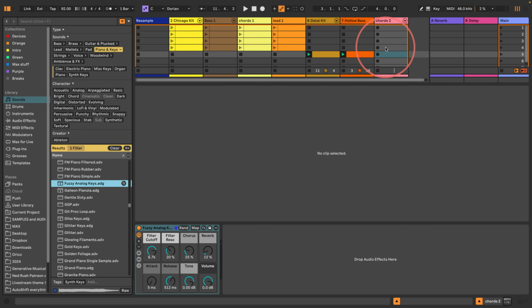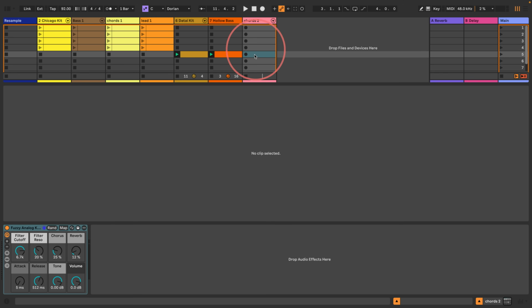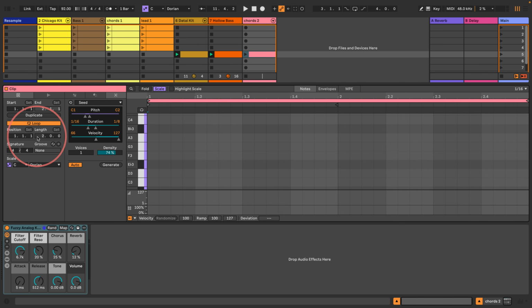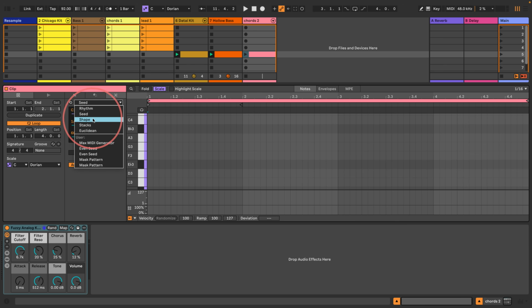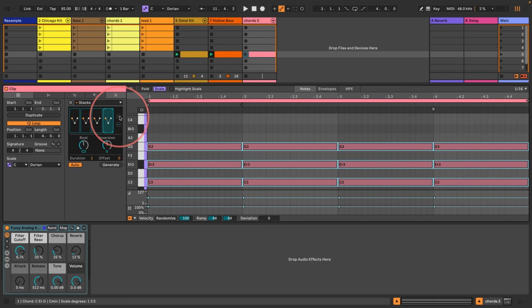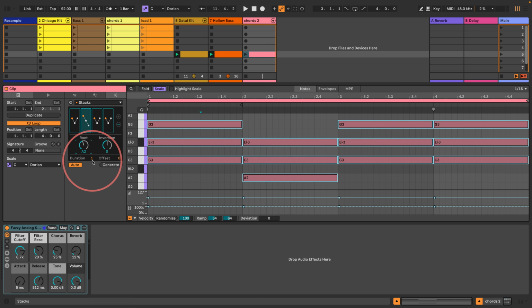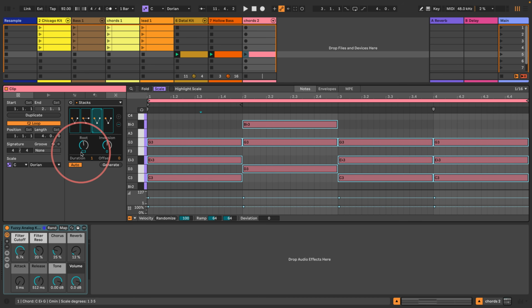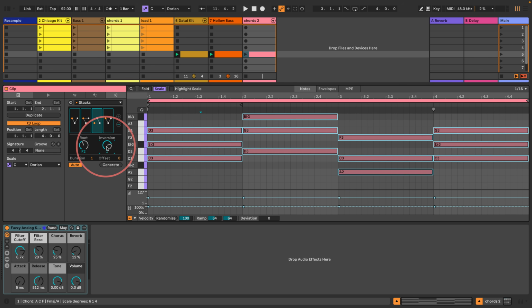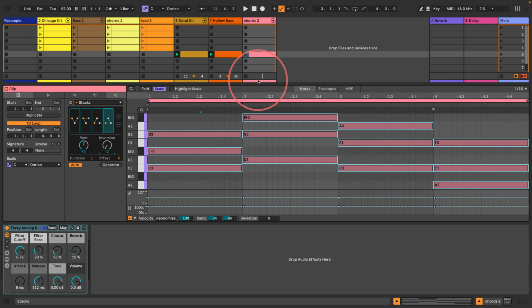Okay. So let's do the same thing with some chords now. Let's make a new clip and we'll make it 4 bars long. And we'll go for the stacks, and I think you need to turn, what happens if we do this? Ah, right, okay, cool. All right, so we've got 4 chords. And so the second one, we'll move the root note down a little bit and the inversion up. And then the third one, we'll move the root note down a little bit more and the inversion up. And then the fourth one, we'll move the root note up and the inversion down. That'll do. Let's have a listen to